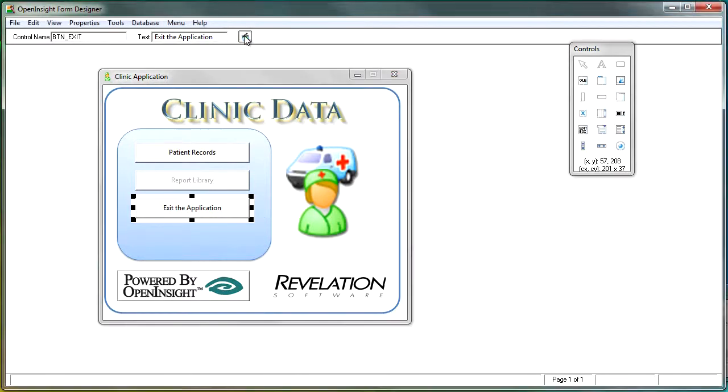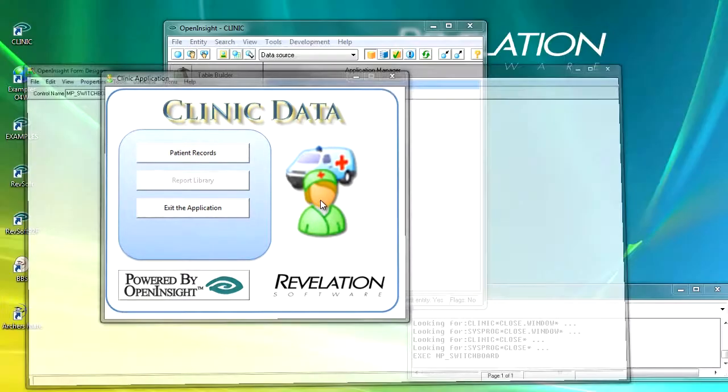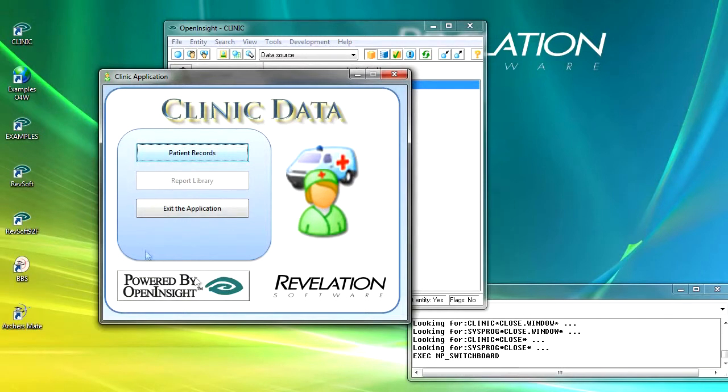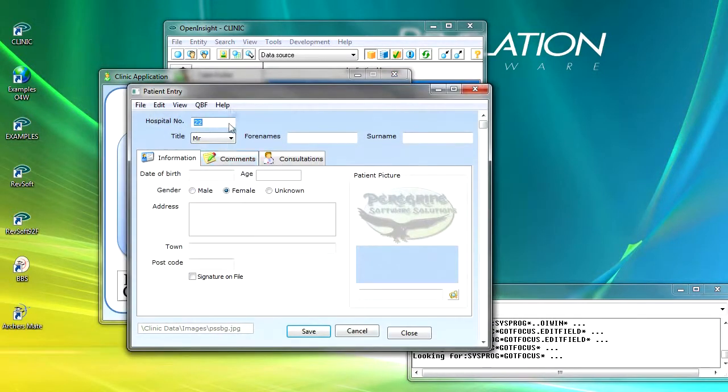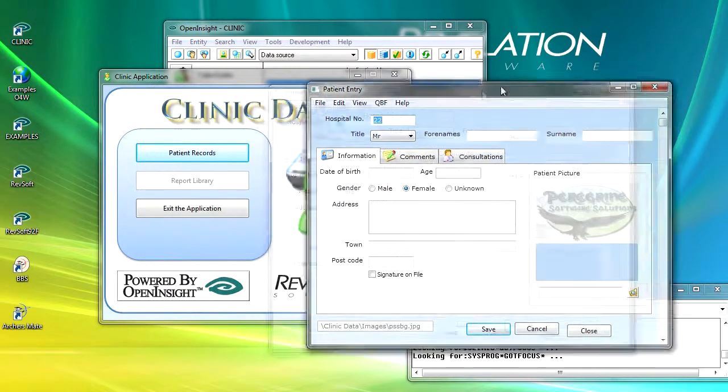Right, now if we test run the window, yes, we then have the window appears where we actually built it. It would be quite nice if we were to put this in the center of the user's window, so we can have a look at that in just a moment on how to do that. But for now, if I just hit the patient records button, we get our patient records window comes up, and